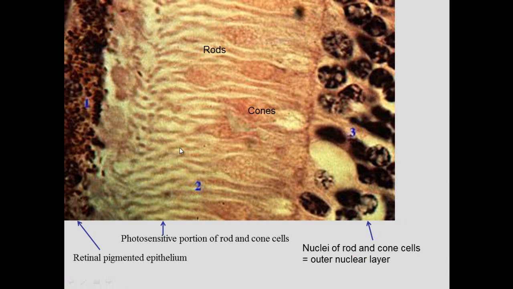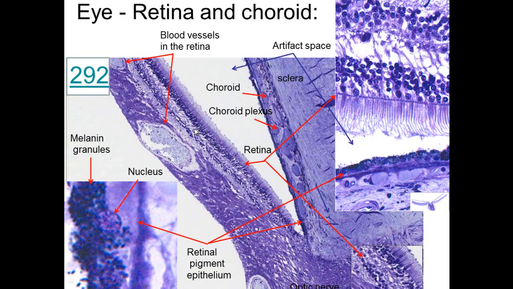So we can see the ones that are rods. These are the nuclei of these cells, photoreceptor portion of them, pigmented epithelium there, cones look like an ice cream cone, and the rods is what we see. So the optic nerve is coming in through here, as you see, and then here's the retina. The retina over here, pigmented epithelium. You should not have the space in through there. These guys actually touch in through there. But the pigmented epithelium, you can see it like this is one cell. There's another cell. Here's its nucleus, and it has melanin granules. The melanin granules prevent the backscatter of light. So any light that goes through there is absorbed and doesn't